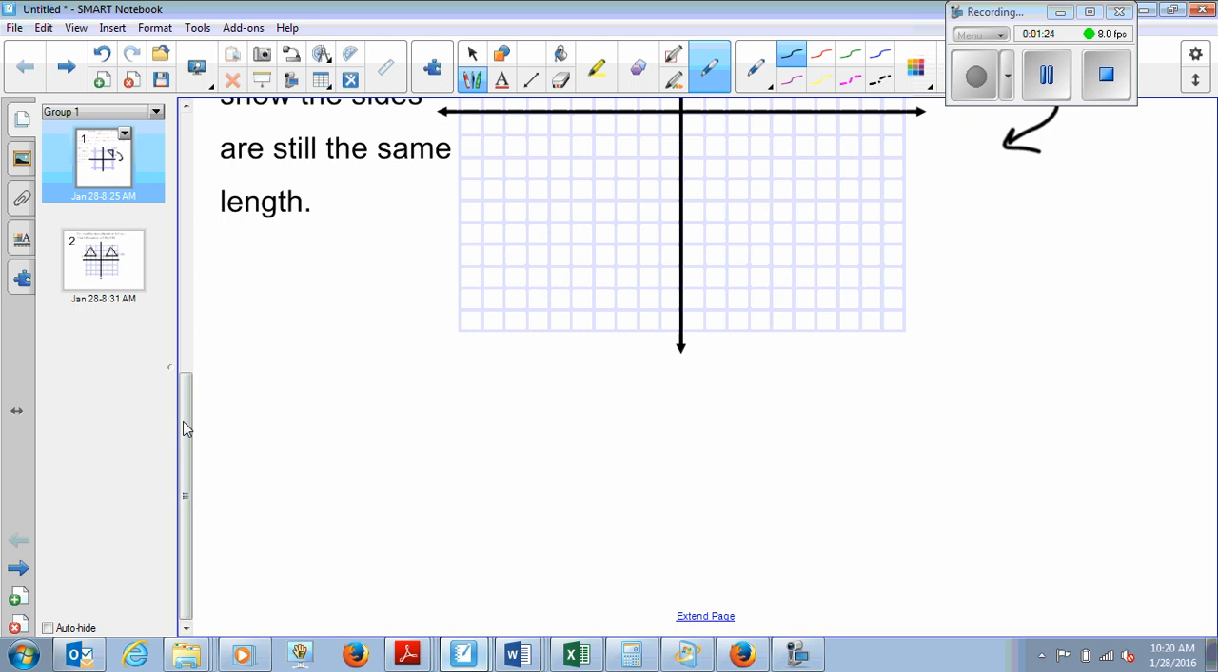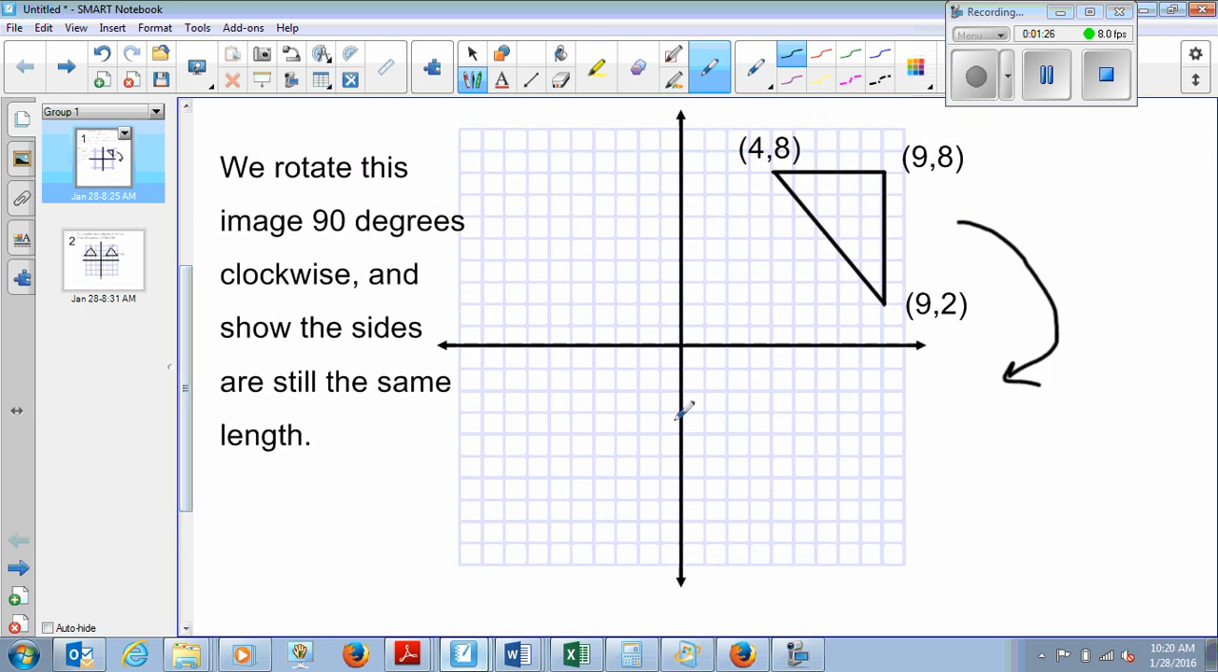Another thing that we want to look back to is our rules for rotation. Remember that we're going to take all of our points, and when we're rotating 90 degrees, we're going to flip them. So instead of 4, 8, I'm going to have 8, 4. Instead of 9, 8, I'm going to have 8, 9. And instead of 9, 2, I'm going to have 2, 9. So there's my new points. However,